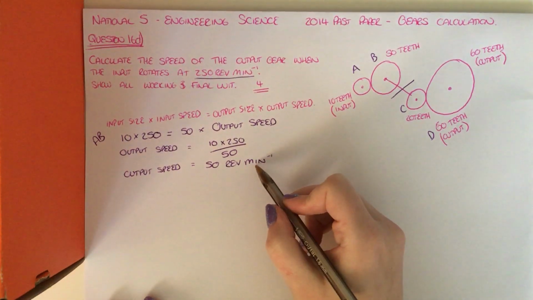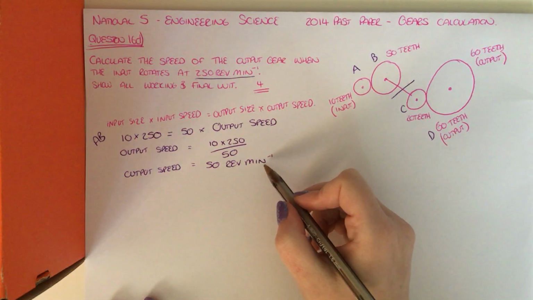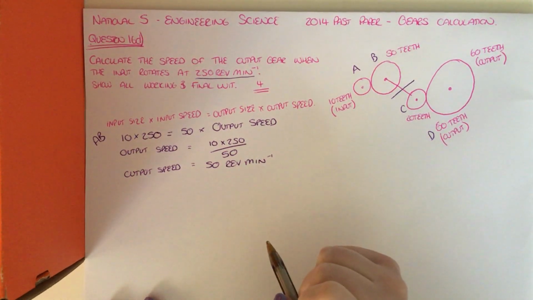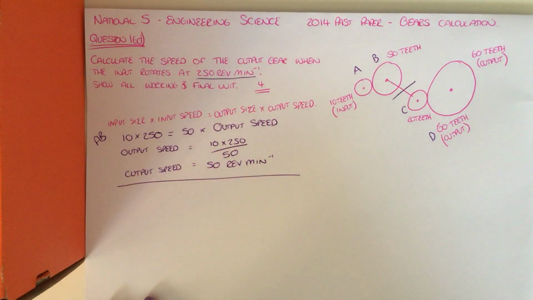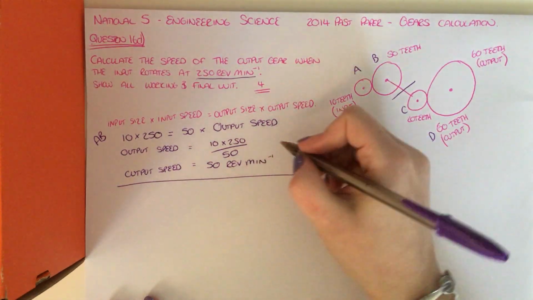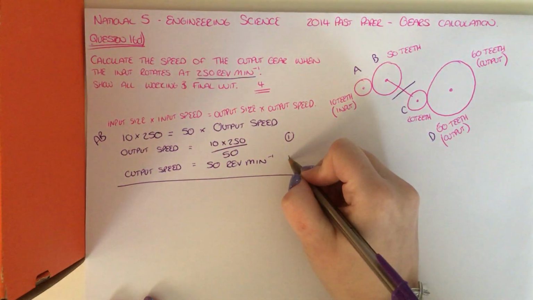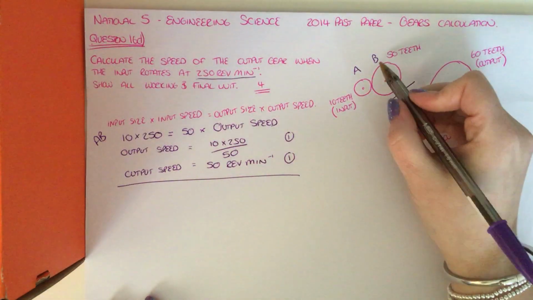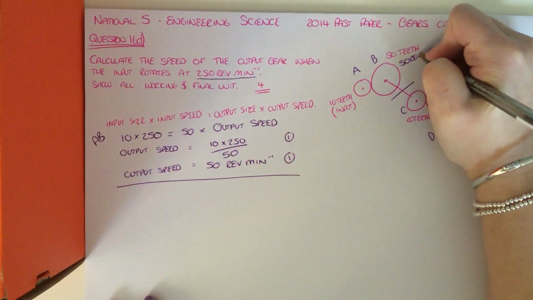Remember, at this point here where it says rev min minus 1, we do not talk about it being RPM. It is not recognised by SQA, so you must write rev min minus 1 or rev / min. Okay, so from there, that is us finished half of the calculation. You're awarded 1 mark for this part here for substituting it in, and you're awarded 1 mark for the final speed that you get. So what we've actually got now is for B, we have got a speed of 50 revolutions